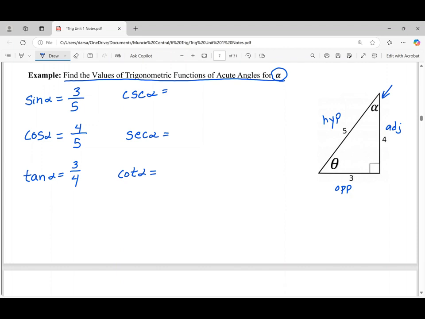Well, these are the reciprocals of sine, cosine, and tangent. So all I have to do is think that cosecant is going to be hypotenuse over opposite. Secant is going to be hypotenuse over adjacent. And cotangent is going to be adjacent over opposite, or the reciprocal of those functions. And we have just figured out the 6 trigonometric functions of our angle